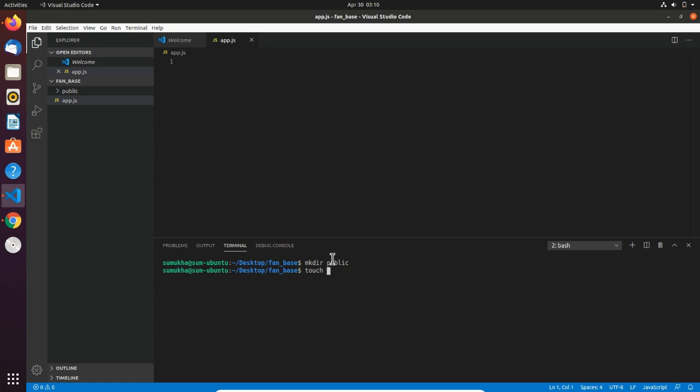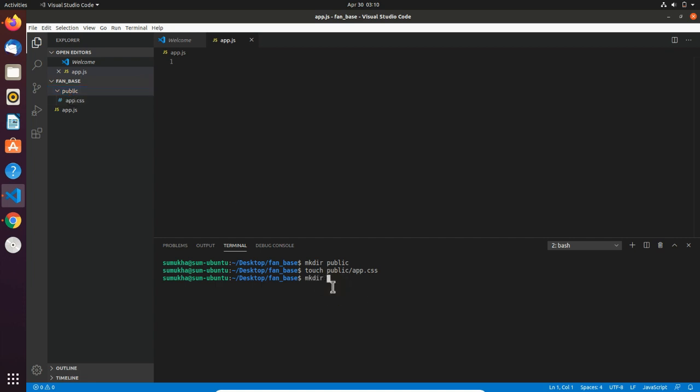And I'll create an app.css file inside the public directory. The command is touch public/app.css. As you can see, app.css is inside the public directory.